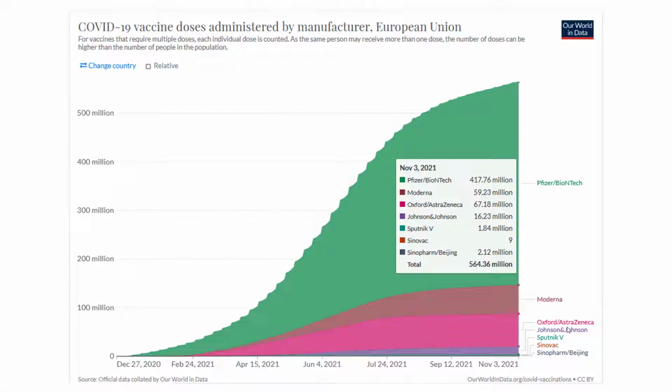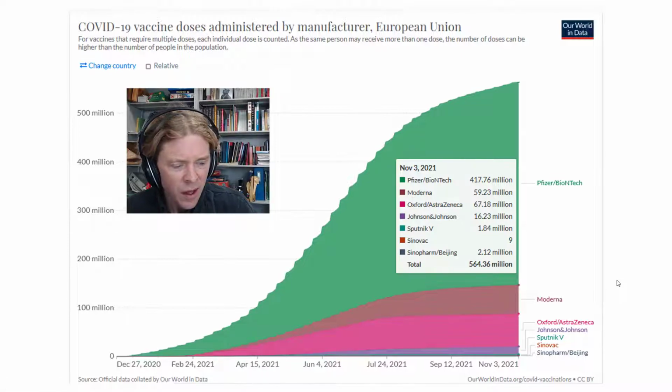After the big 4, it's not actually Sputnik V which is next, but it is Sinovac at 9 million doses, the most significant after the major 4. Do I need to keep going? If I did, I might make comments specifically about Sputnik or Sinovac or something like that, but I think you